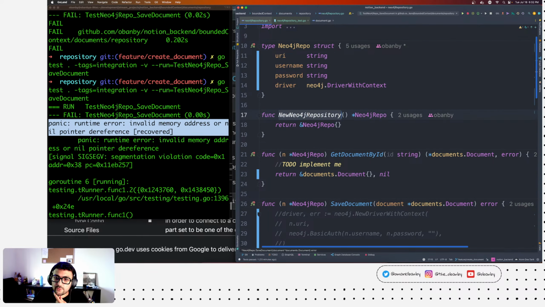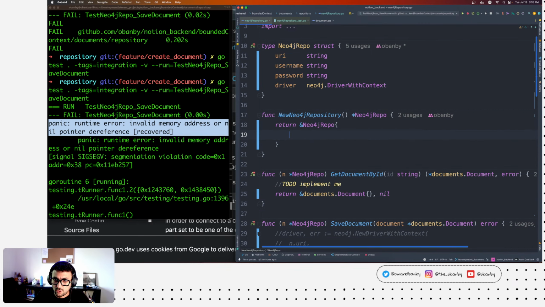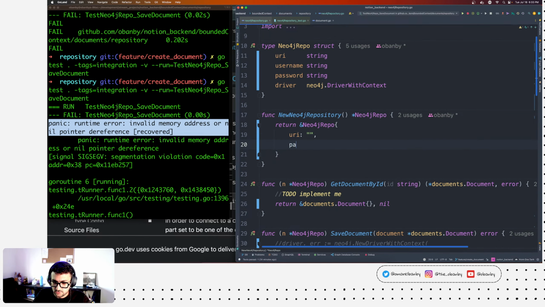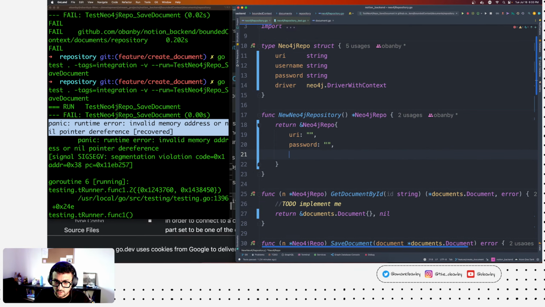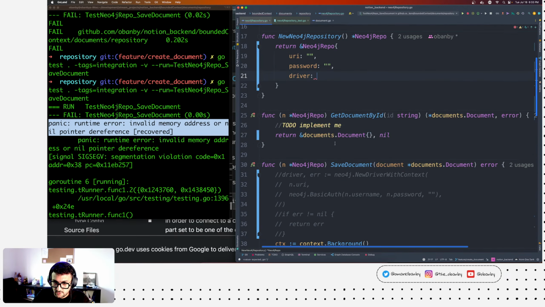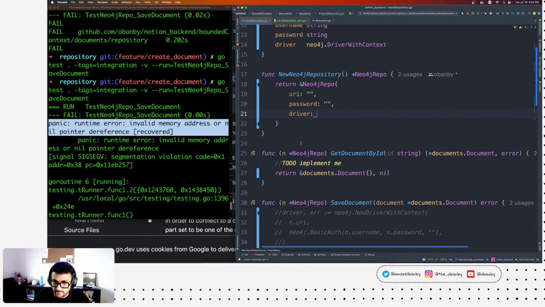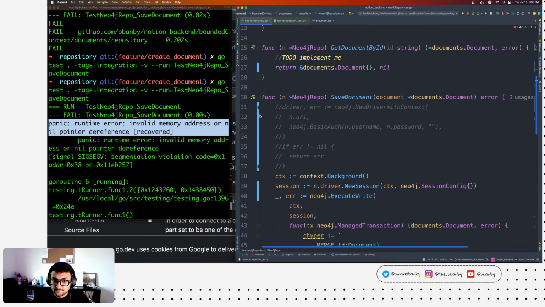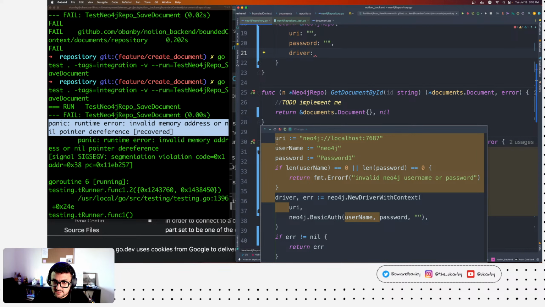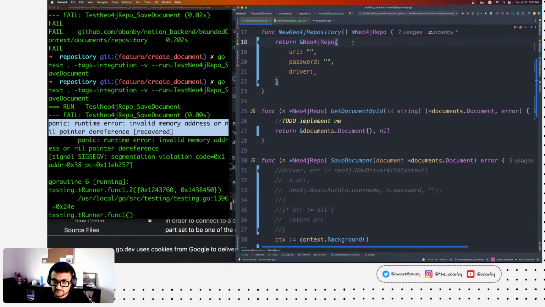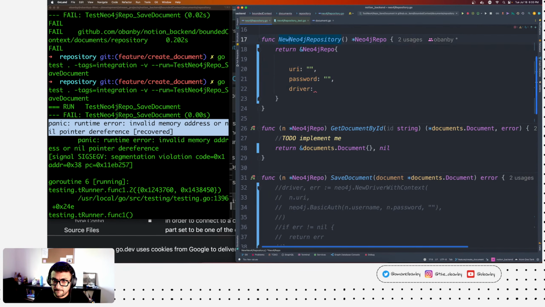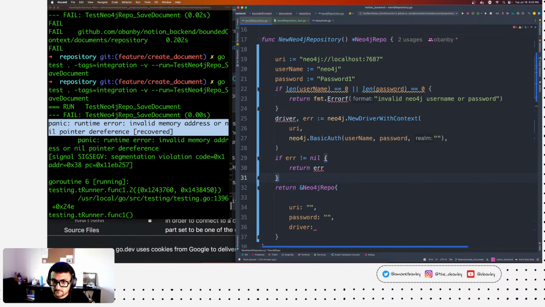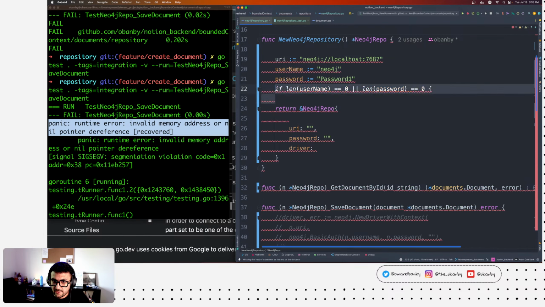So when we're creating the new Neo4j repository, we can do the URI, we can do the password, and we can do the driver. Okay, so I know it was localhost, but that's the beauty of Git. Give me all of that. I don't care about none of that.